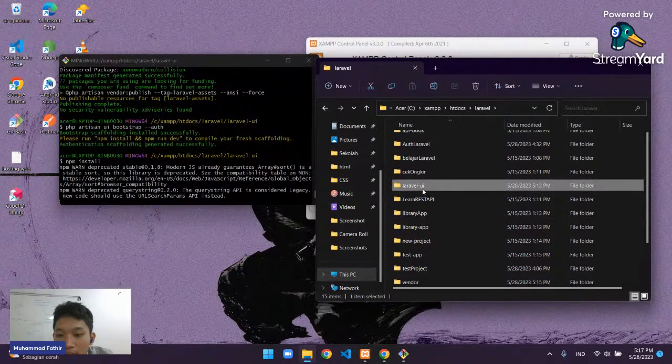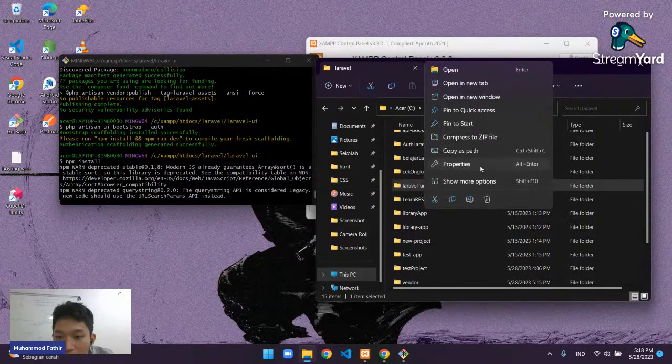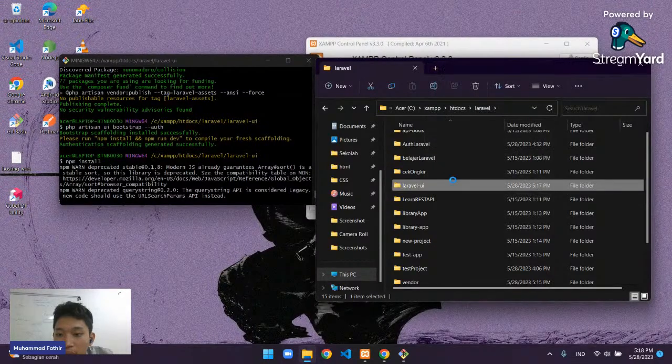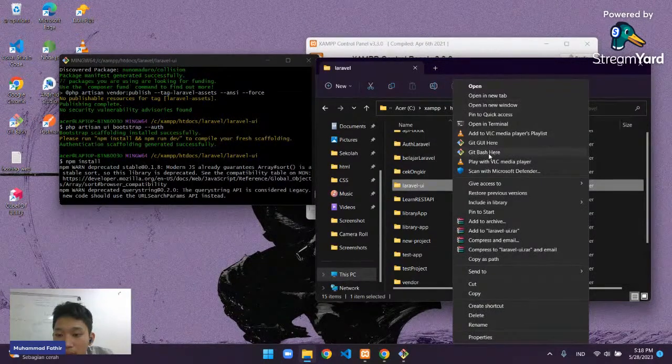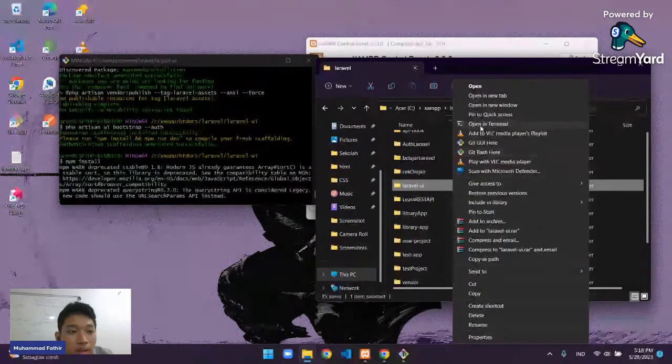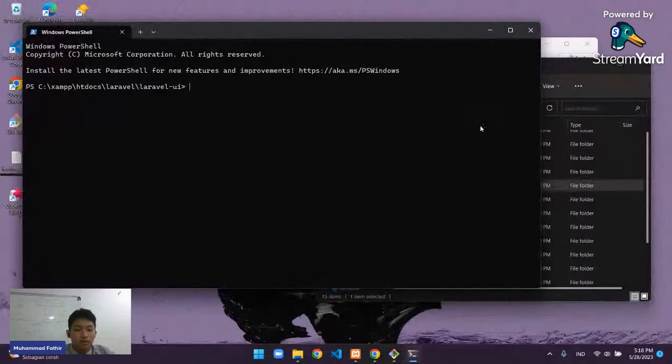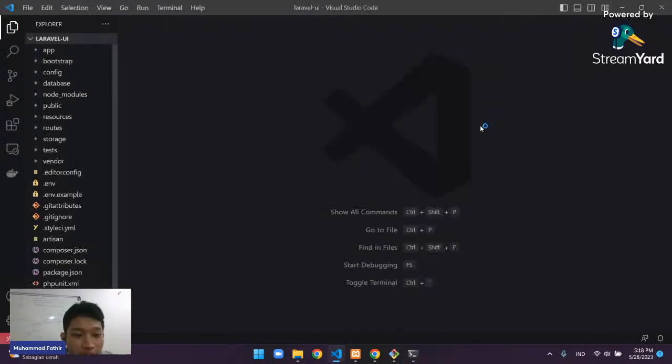And yeah, show more option, one in terminal, code. So if you're using Laravel, yeah,